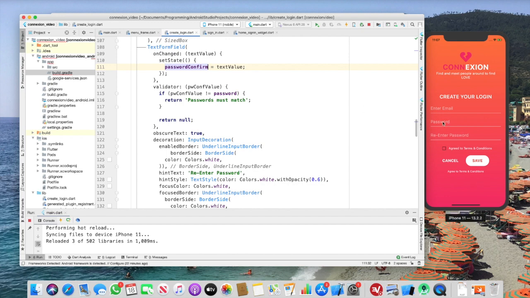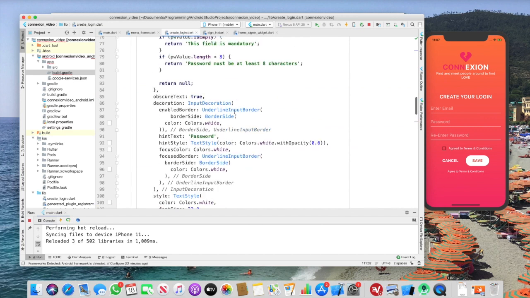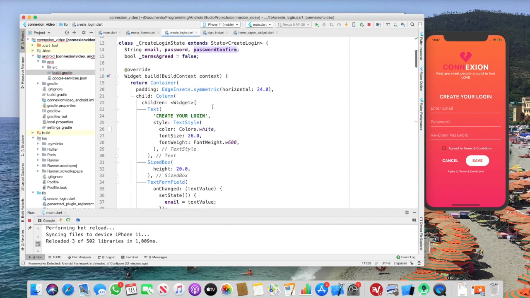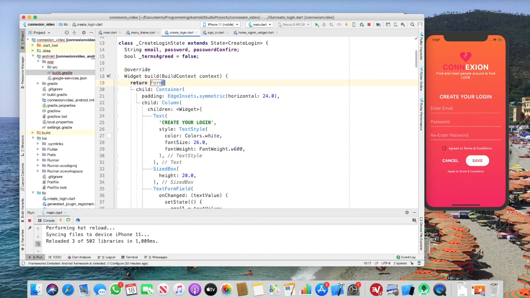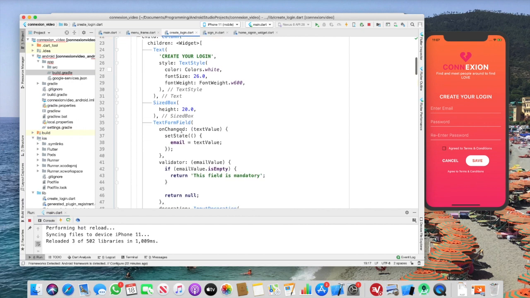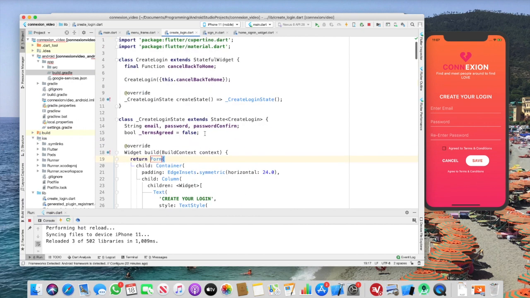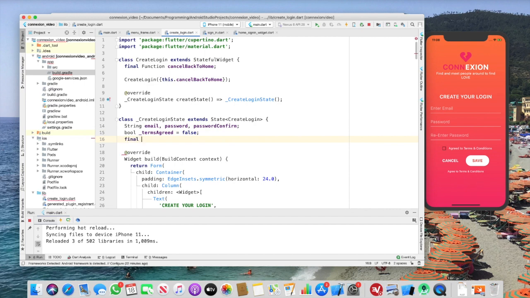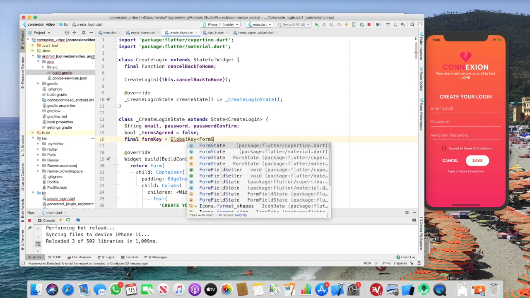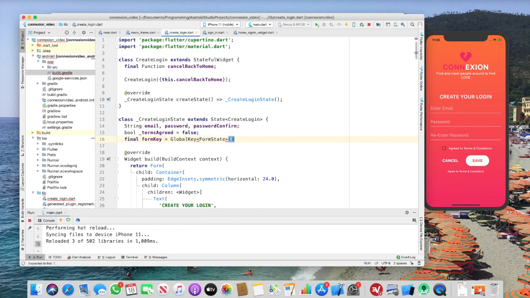But how do we activate that validation? And that is where a form comes into play. So what we want to do is wrap the whole page in a form. Or you could just wrap this container or this column. I don't think it matters as long as we've wrapped our form fields. And what we're going to use also is what we call a form key, which is a global key, form state type, and initialize it. And you pass this key into the form,